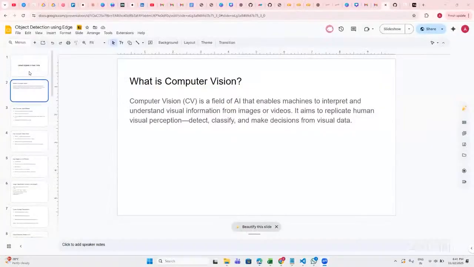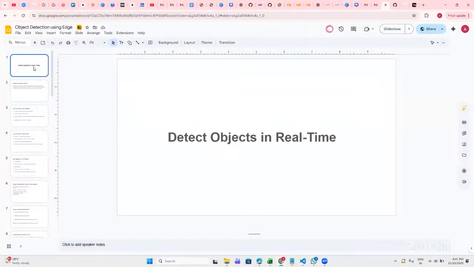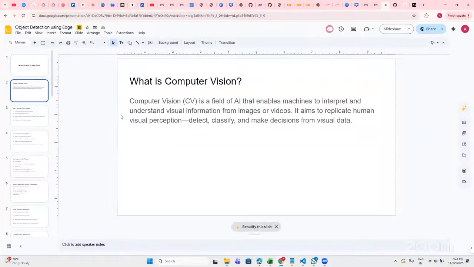Today is an interesting topic in computer vision. It's called detect objects in real time. What we'll talk about is what computer vision is, what the various facets of computer vision are, and how we can actually build an application which can help us detect objects in real time. So if you look at why we need to detect objects in real time,